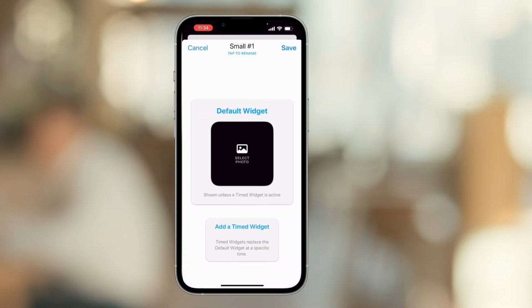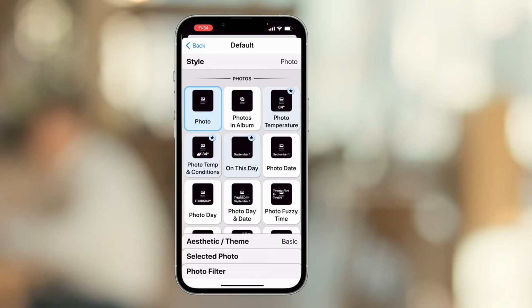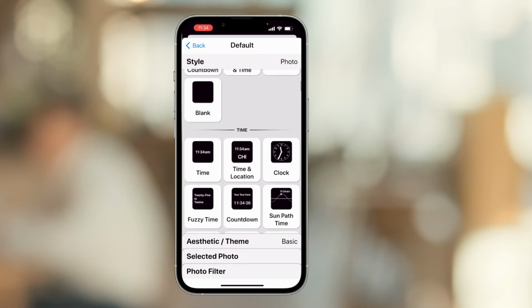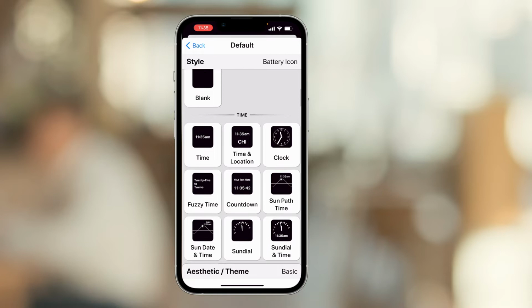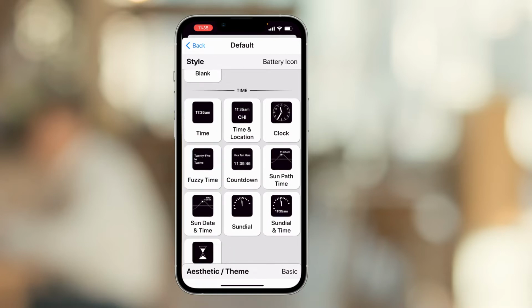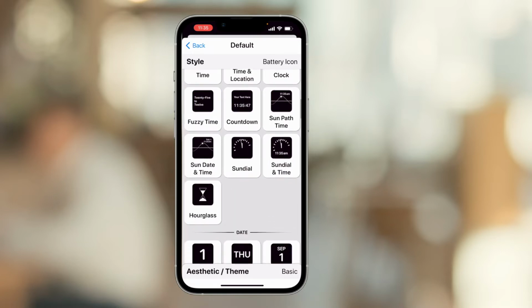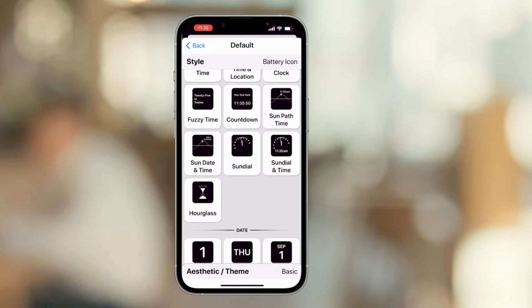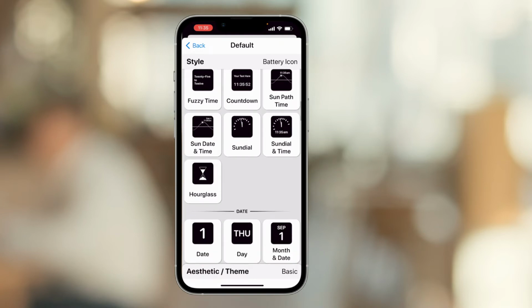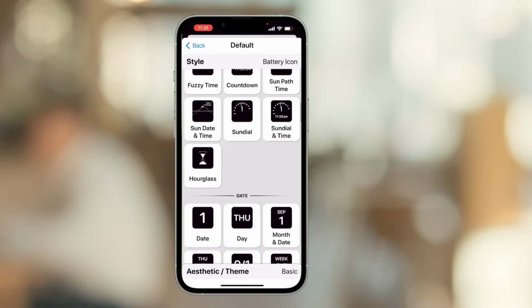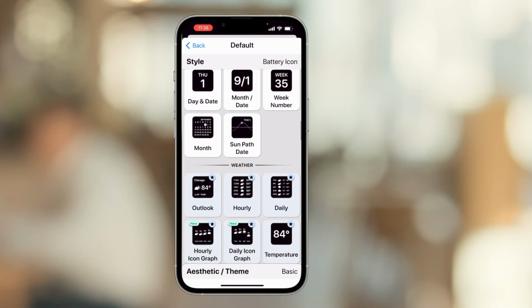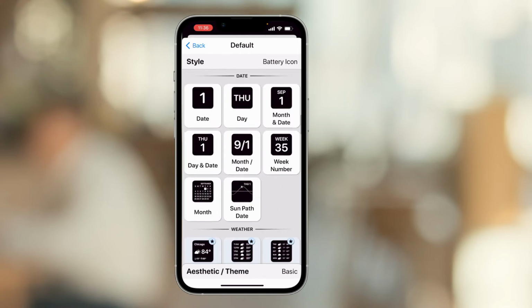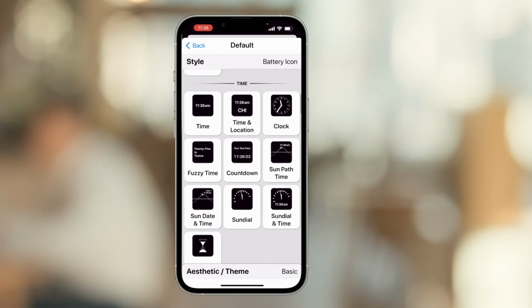We'll hit small number 1 here, and then it takes you to all of the different style options. You can have a photo that is in your library that you like. You can do the time. Here, I am going to go with the clock, but before I do that, I'm going to show you some of the other options because if you want to have widgets and customize them to your liking, this is the perfect app because there are so many different options. As you can see, there's like sun, date, and time, sundial, hourglass, different variations of the date. The options are endless, but I'm going to go ahead and click on the clock up here and just do